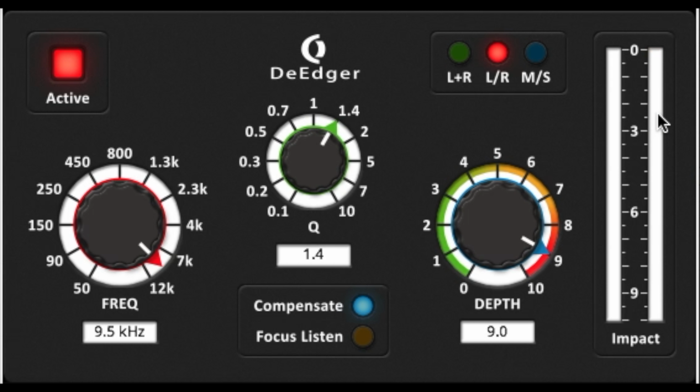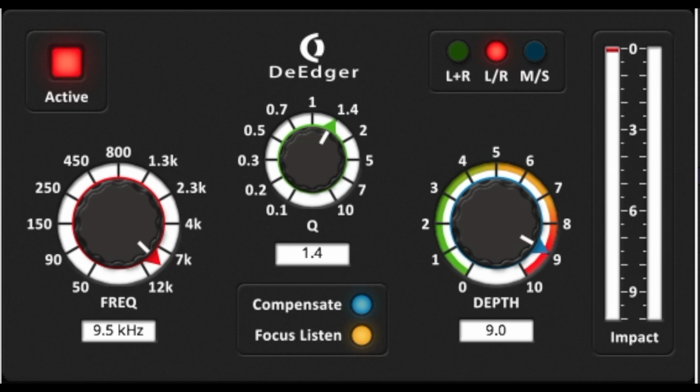Yeah, so we can see that happening. And then M/S would be mid and side. So it would take the mono information and it would take the side information separately and work on those independently. So that could also be very useful in a mastering stage where you've perhaps got some harsh S's on the vocal, but you don't want to affect the rest of the instrumental, and the vocal is mainly going to be in the center. So you can affect the mid rather than the sides. In this case, it's an instrument that we're looking at, so the setting we're currently on, the L/R, would be